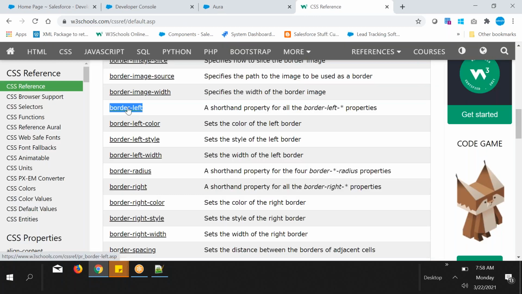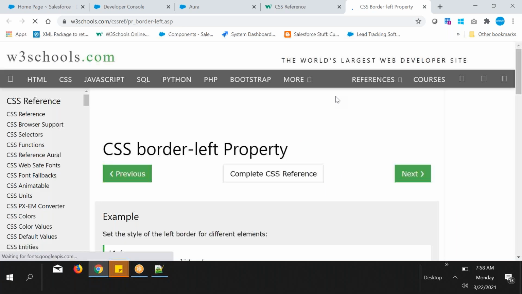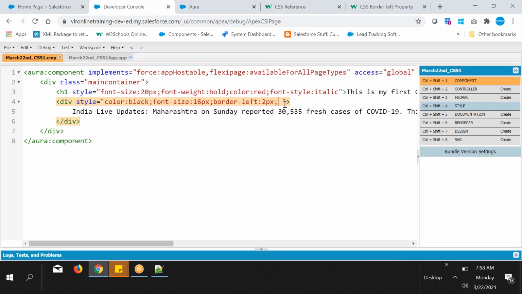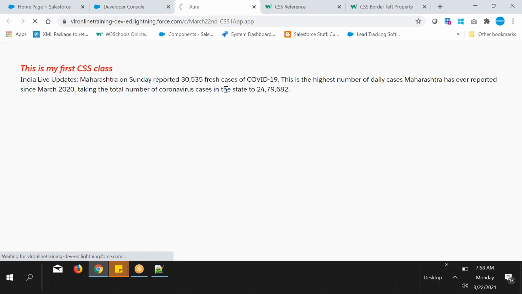Okay, let me check if I missed anything. Color and style, two things I missed, right? Only for the left side border, this color and style will be applied.